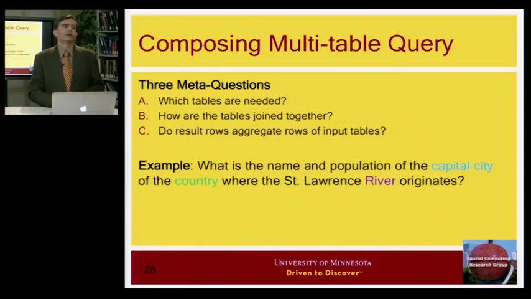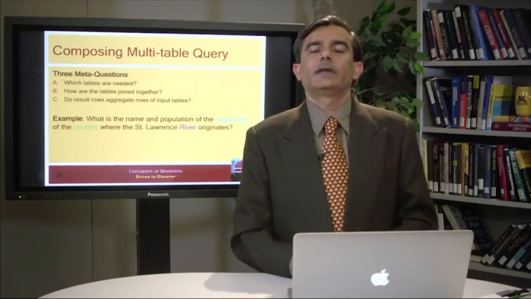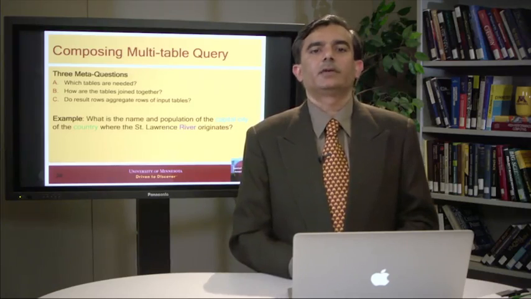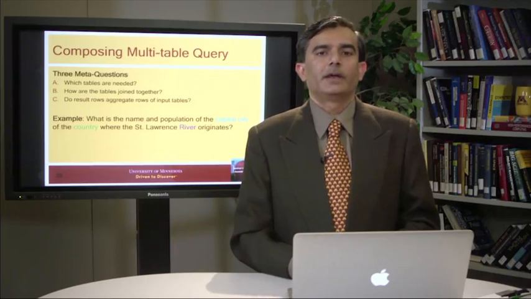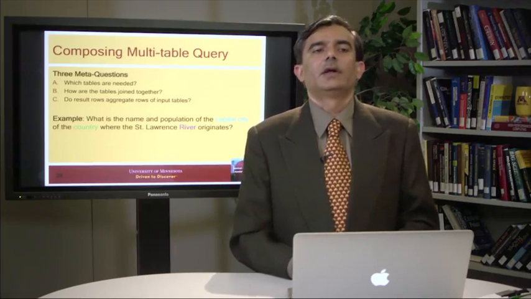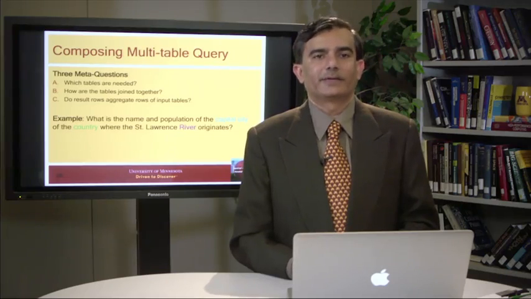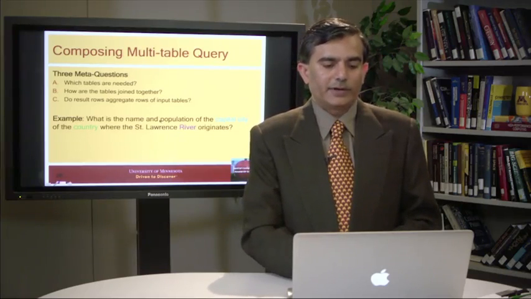So let's exercise this heuristic with one query. Here is an English query. It is asking for the name and population of capital cities of the country where this particular river originates. In this English query, I could pause a couple of seconds and try to think again about our schema: we had a city table, country table, and river table. Which of those are needed? And again, this English query will give you some clue. Either there are conditions or there is something we want in the result, and then only a few specific tables have that. So as you start analyzing it,